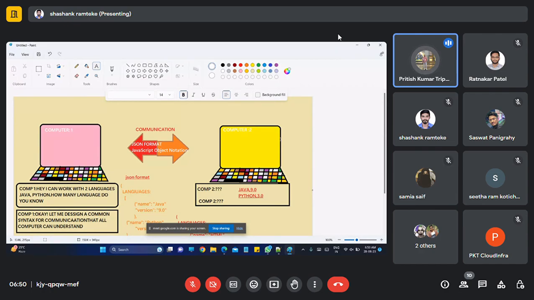That's why we are utilizing this JSON file. JSON is a way of communicating data with specific rules.